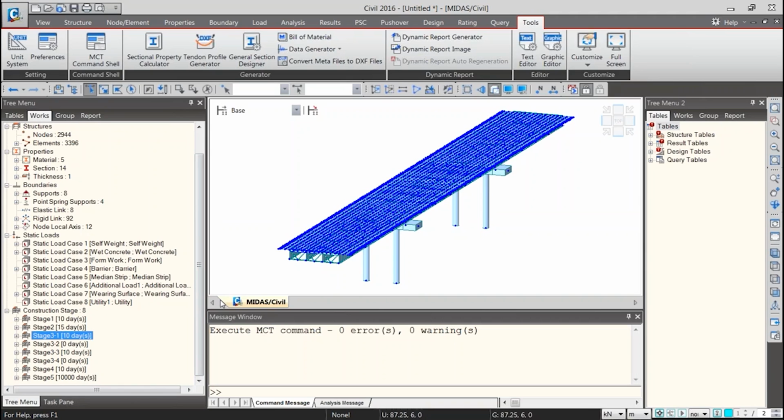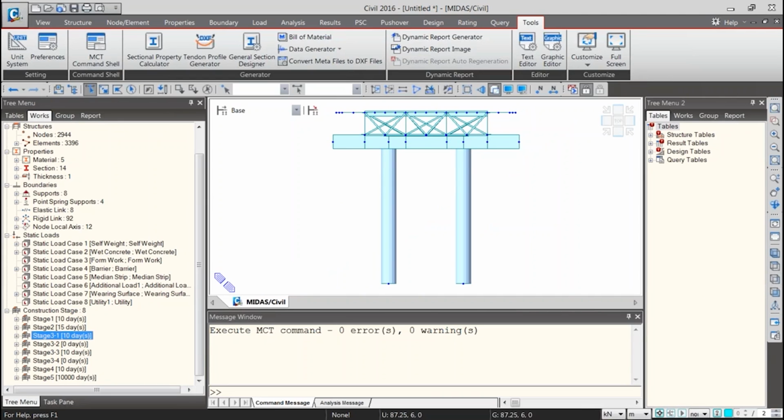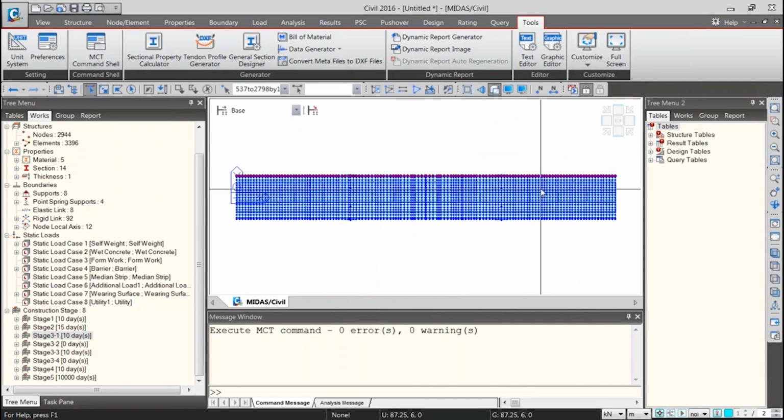Now another thing that I want to show you is, suppose you want to edit this model, suppose you want to edit the node positions of this model. So let's select a few nodes. Suppose I don't want this node to be in a straight manner. I want a slope, like this. So how do you go about creating such a slope?